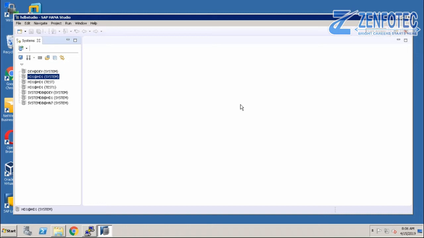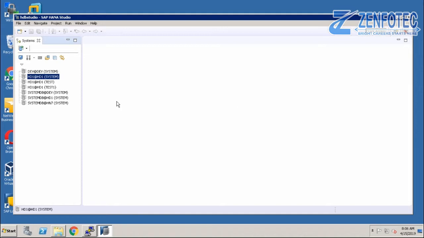From the system DB you can monitor anything else in the HANA database, but you cannot monitor the database size of the tenant database. To see the size of the tenant database, you have to log in to that particular tenant database. We will see that one.